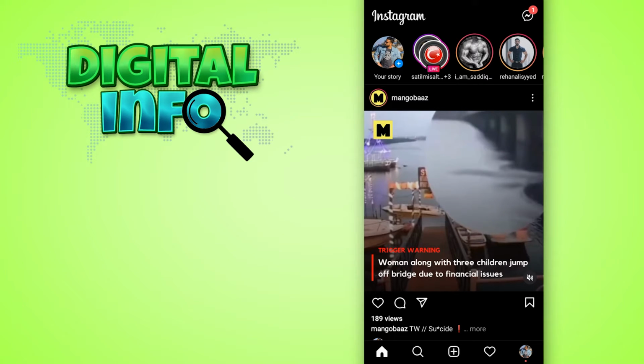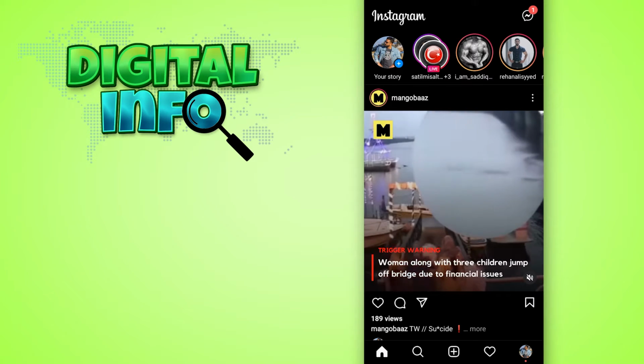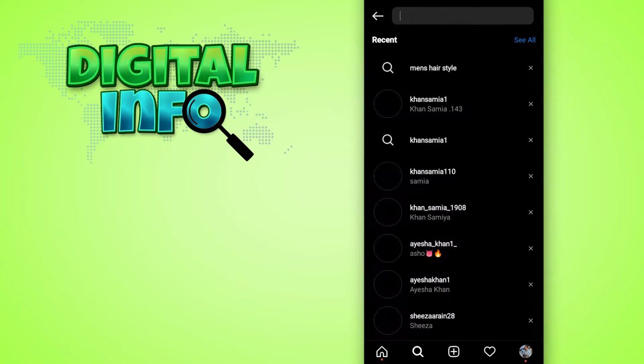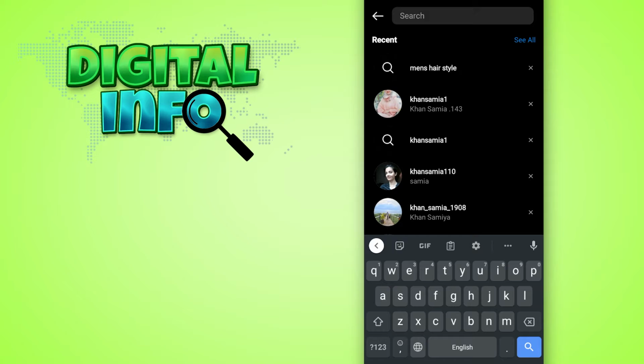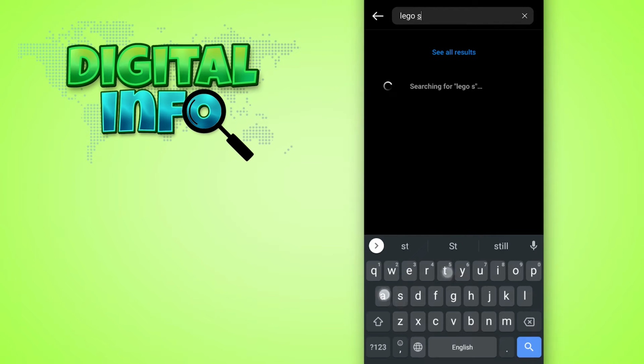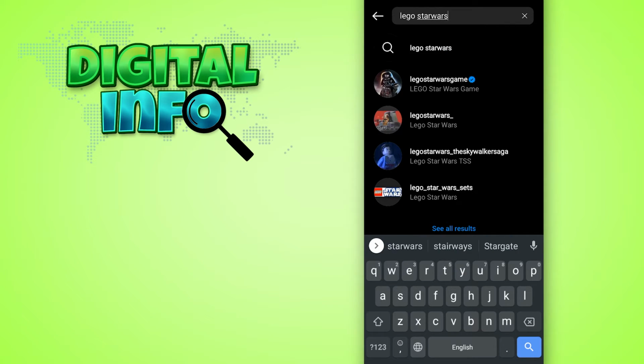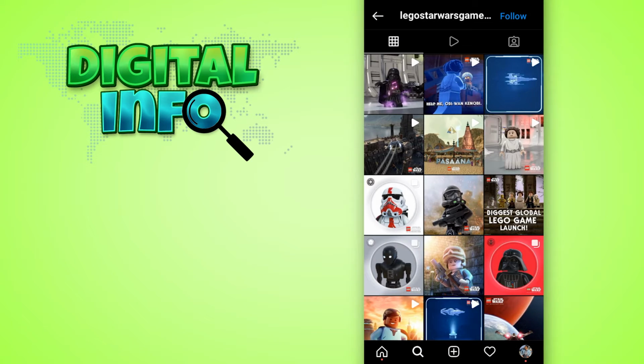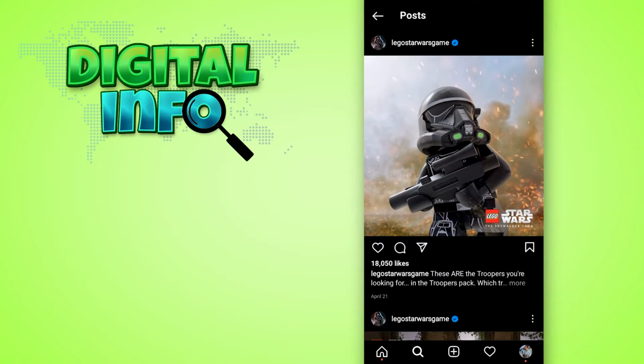So let's start. First of all, you have to go to your Instagram account and log in. Then click on search, type Lego Star Wars, and click on the Lego Star Wars game. Here you just select a picture you want and then take a screenshot